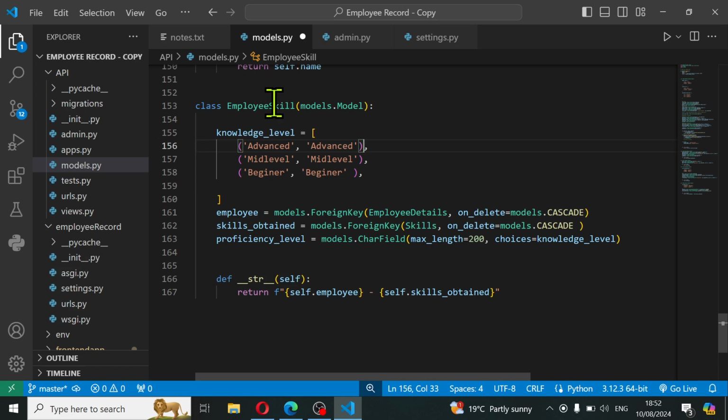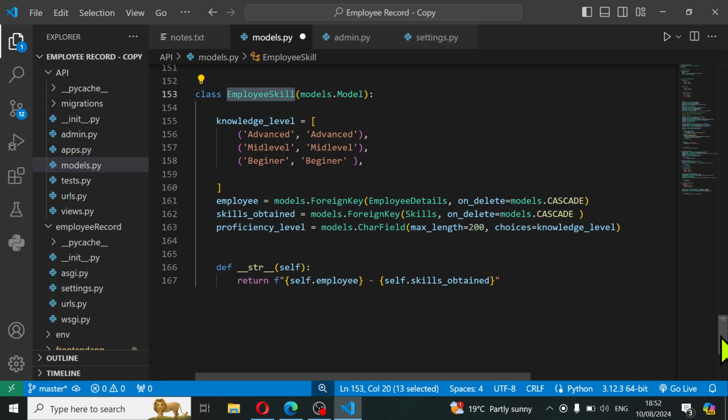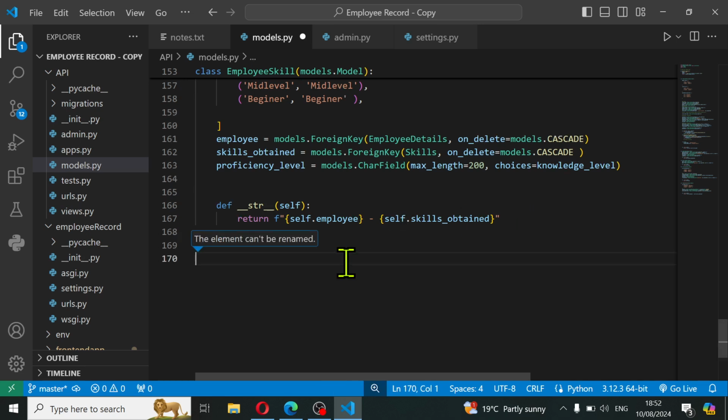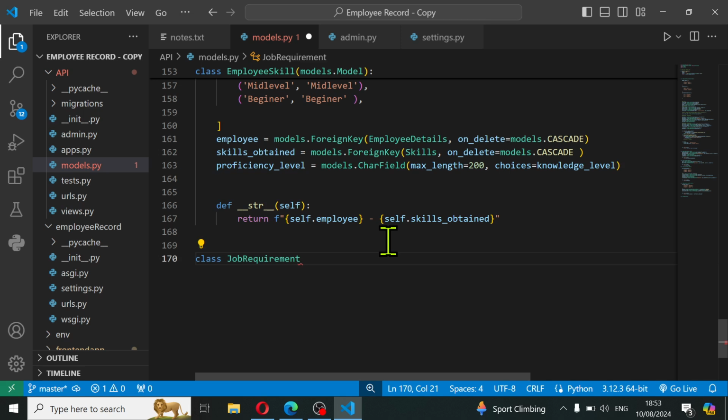So this is for our employee skill model, and then let's create another one. We'll create a model for job requirements, so the skills that are required for each job description. So same thing, class, I'll call it job requirements. I'll say models.model, just the way we've been doing, and then